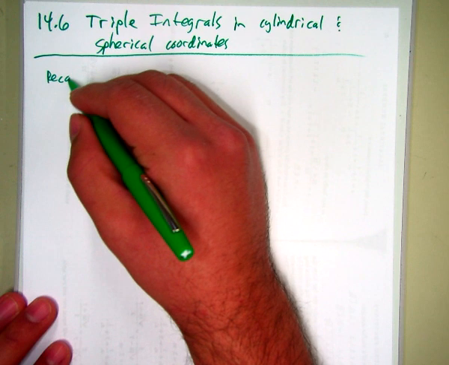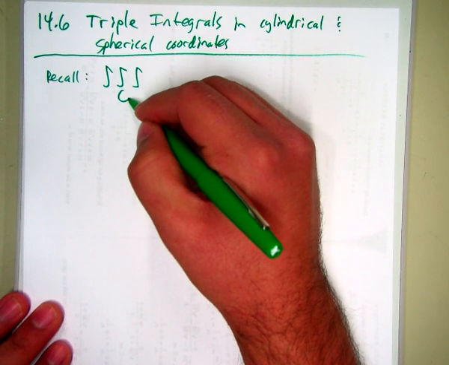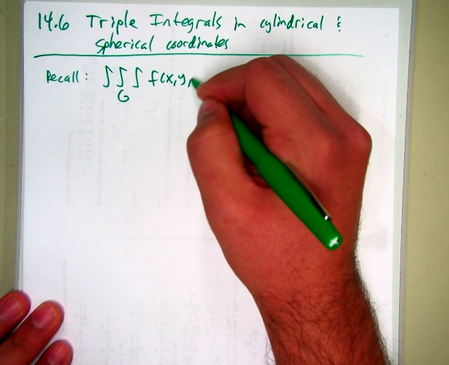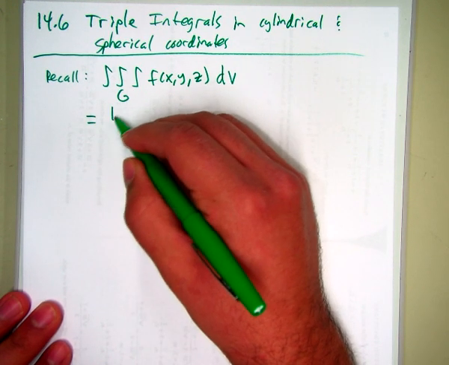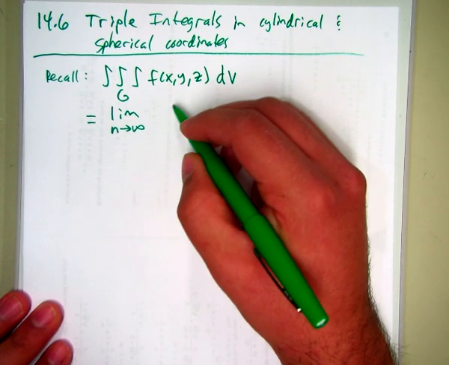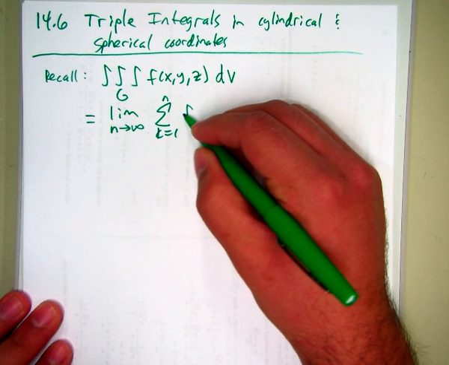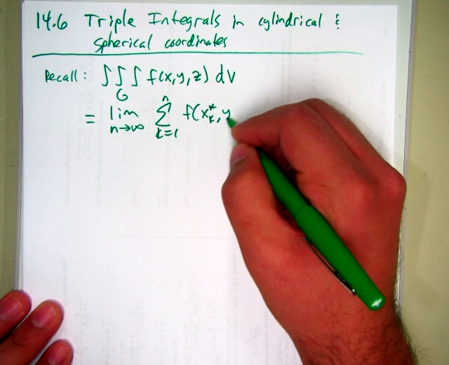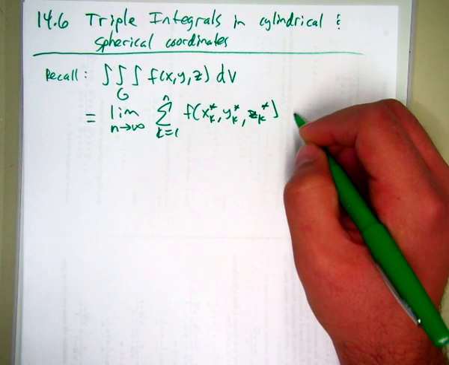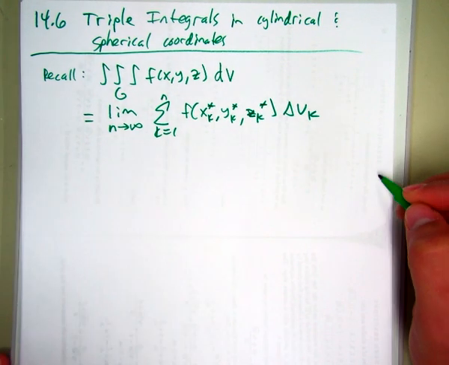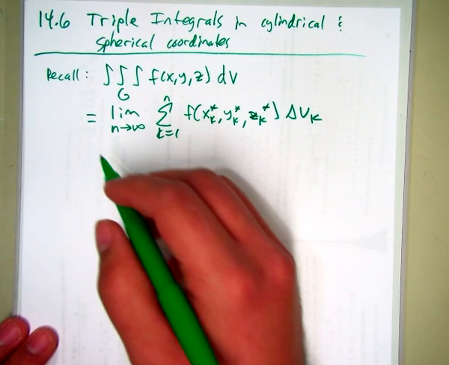Recall from yesterday that the triple integral of a function f of x, y, and z dV was defined as the limit as n approaches infinity of the Riemann sum from k equals 1 to n of f of x sub k star, y sub k star, z sub k star, and then delta V sub k. Okay, so now the idea is,